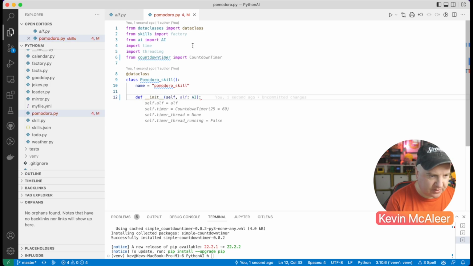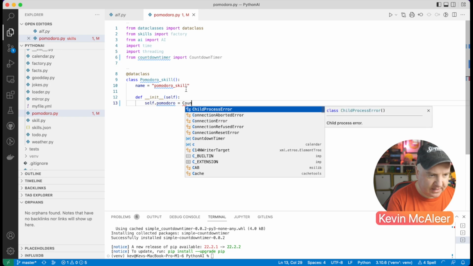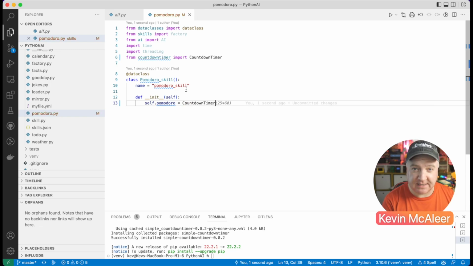And what we're going to do is we don't need the AI for that bit. Let's get rid of that. Just need self, and we're going to say self.pomodoro equals CountdownTimer, which is the countdown timer class that I've